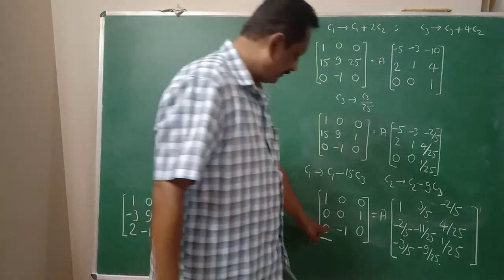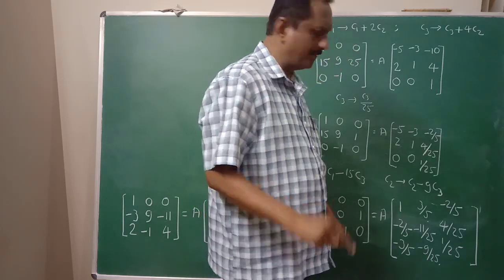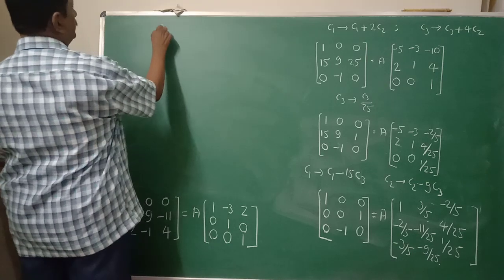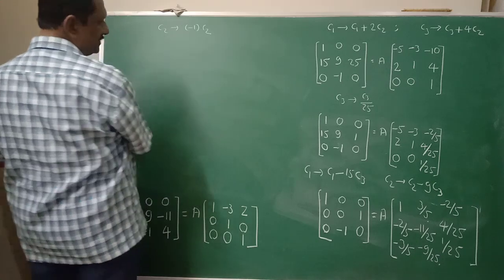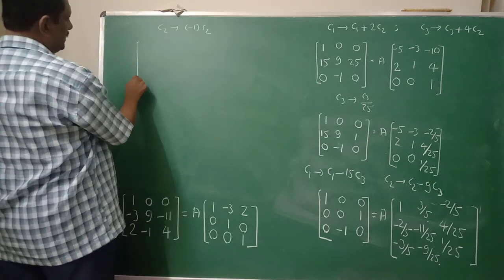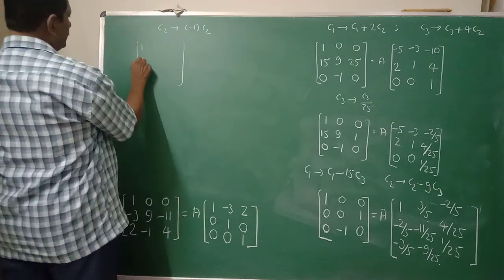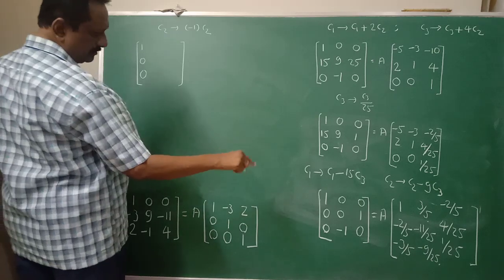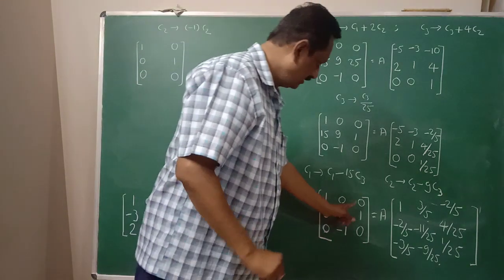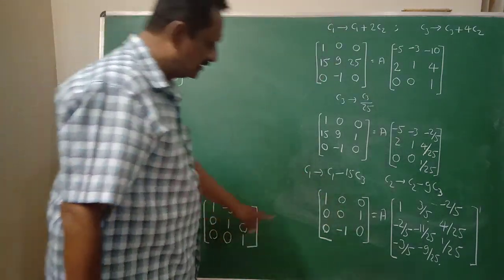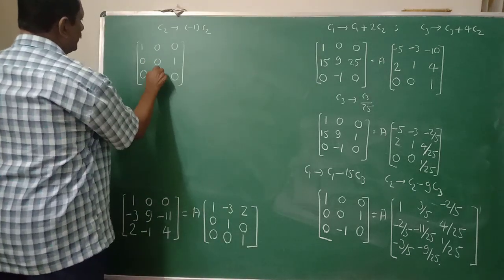Okay, here minus 1 is there. Divide second column by minus 1 or multiply by minus 1 also. Therefore, C2 gives a minus 1 into C2 here. Second column changes here. So, first and third column write as it is. So, first column elements 1, 0, 0. Third column elements 0, 1, 0 here. Okay, first and third column elements keep as this. That multiply by minus 1 here, then it becomes plus 1. Yes, 0, 0 and 1 here.